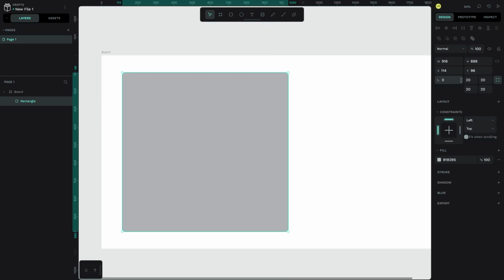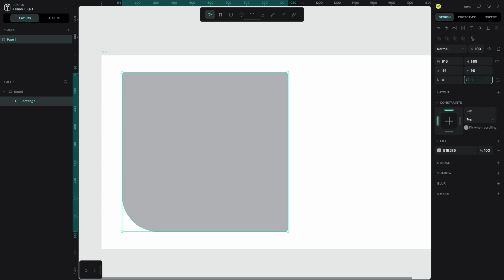You can also open this up and choose individual border radiuses. So this is going to change the individual border radius. So for example, if I wanted to make one side more rounded than each other, then we'd have to use that tool. Alright, with that done, I'm just going to bring this down to 0 because we don't need it